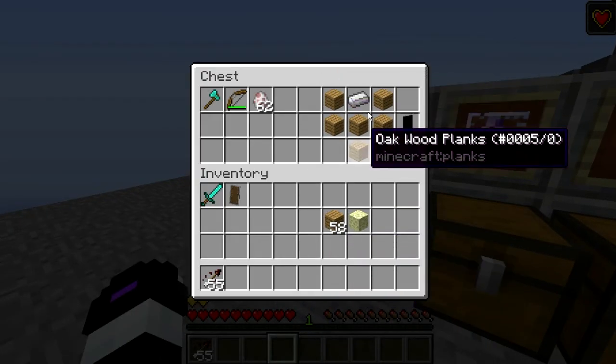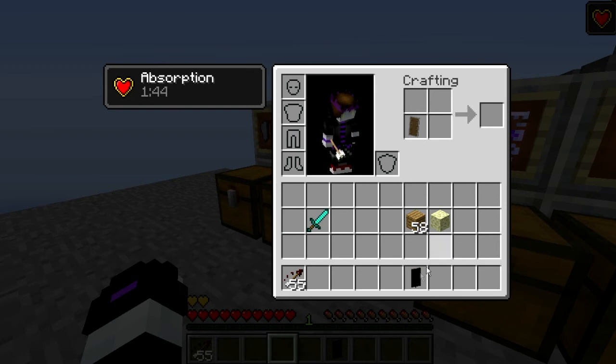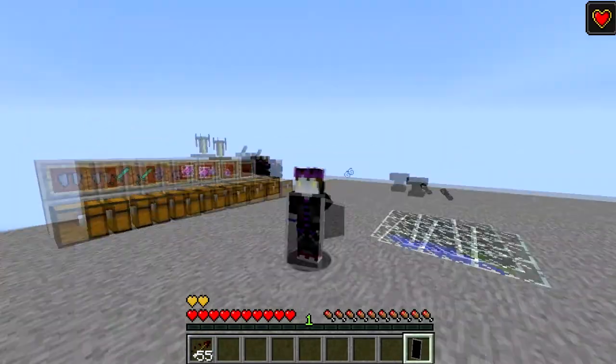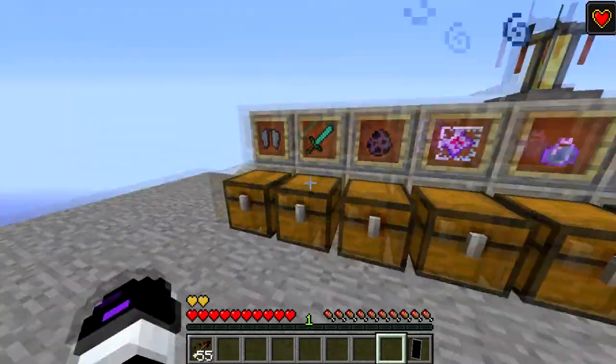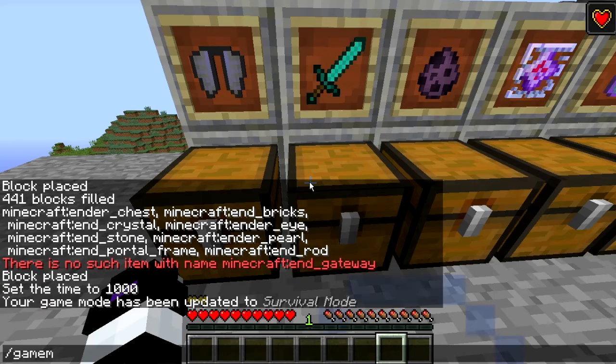You make a shield by doing this inside your crafting table. And then after you've made a shield, you can make your own banner and put the banner on top of the shield to get a custom shield. See, now my shield is black. Anyway, moving on. So, other things in 1.9,